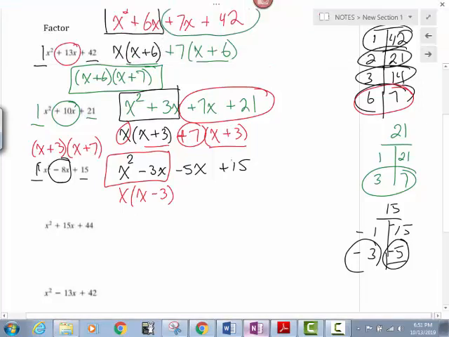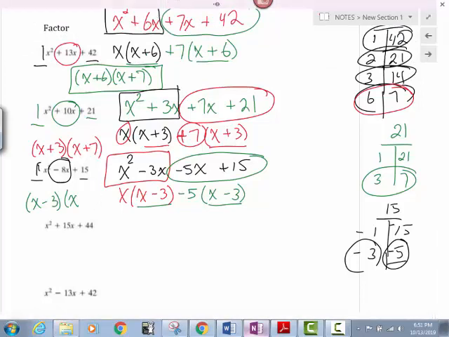Okay. Let me circle the next two. First thing I notice, there's a negative there, so I'm going to take out a negative. They both have the number 5, so I'm still left with an x. 15 divided by negative 5 is a negative 3. If you notice, those pieces are matching up, so that's an x minus 3, and we're left with an x, oops, not plus, but minus